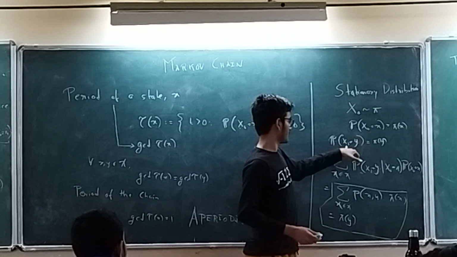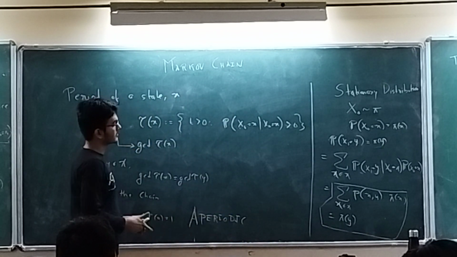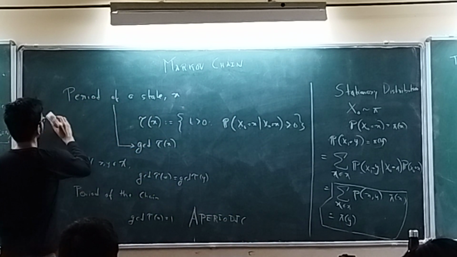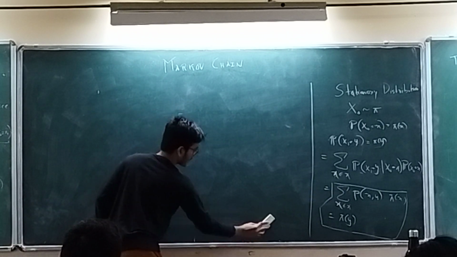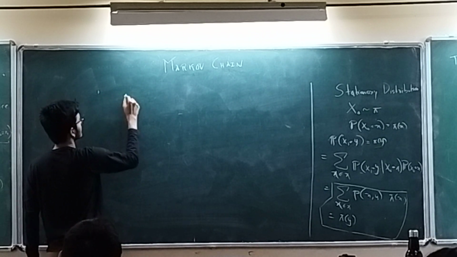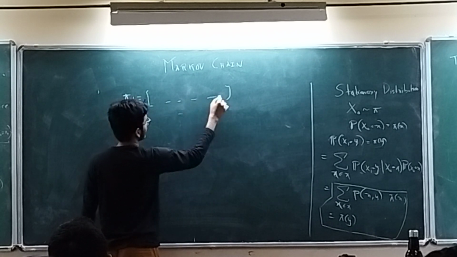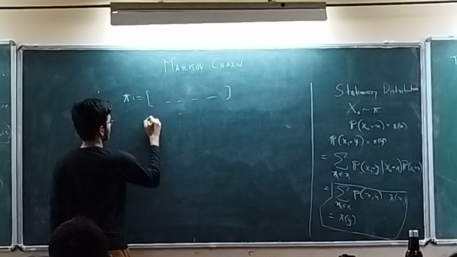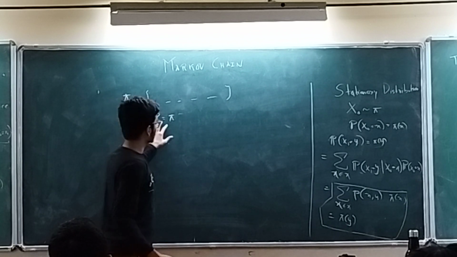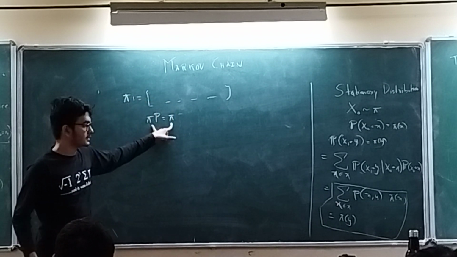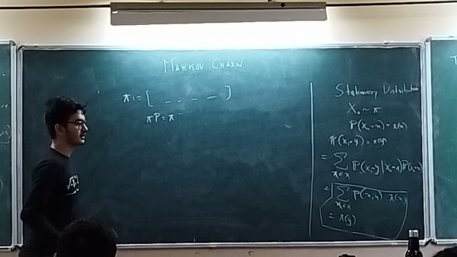I want this to be the same as in the file, so I write it nicely. If I consider this distribution pi as a row vector, which takes the probability of each state, I can write this as pi P equals pi, where P is the matrix and pi is the row vector. So any distribution which follows this is a stationary distribution. And for an irreducible chain, the stationary distribution is in fact unique.